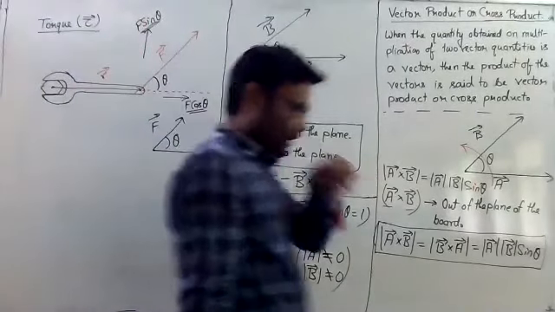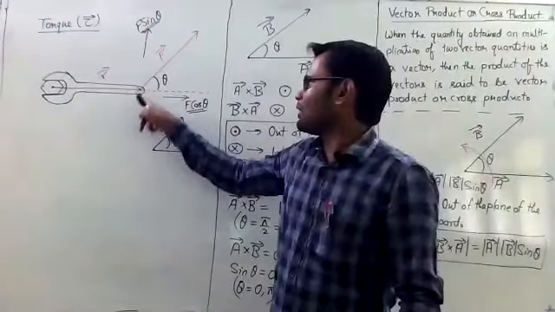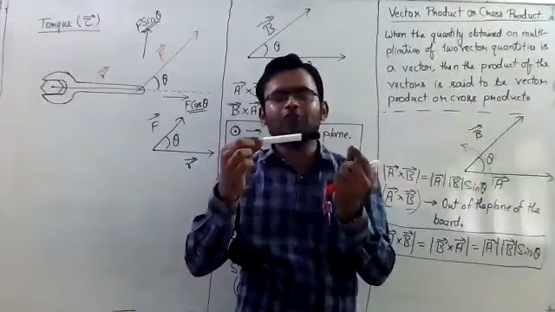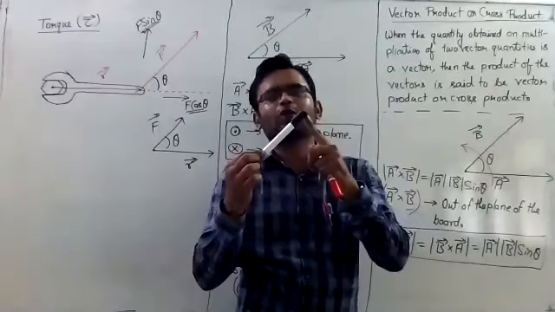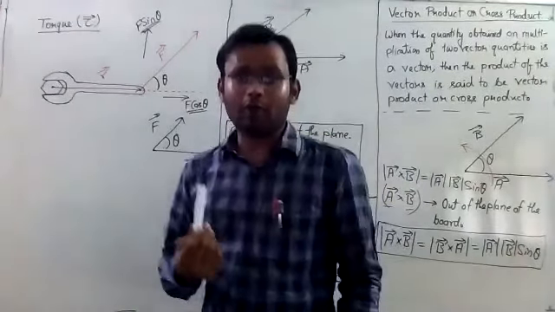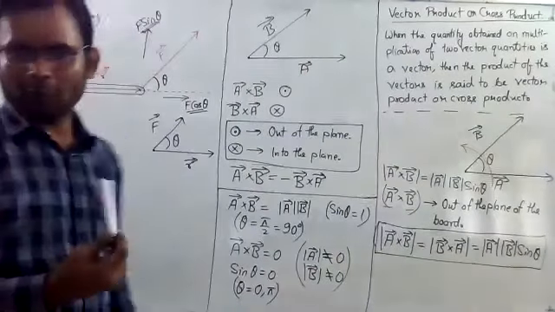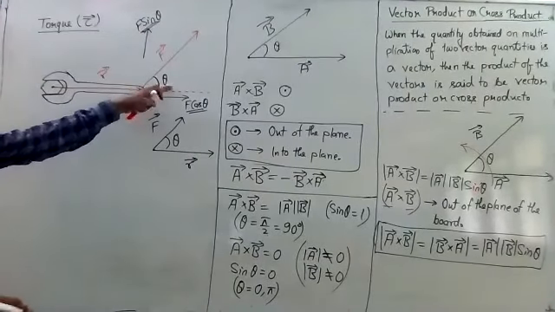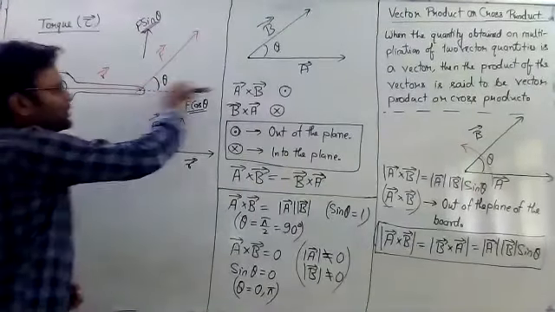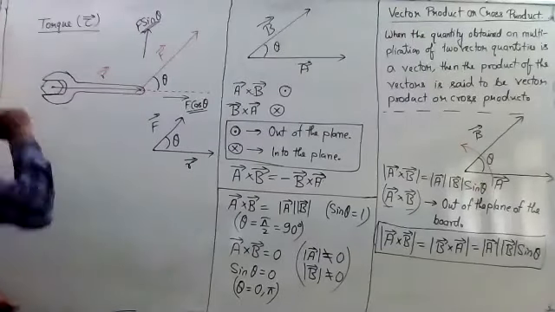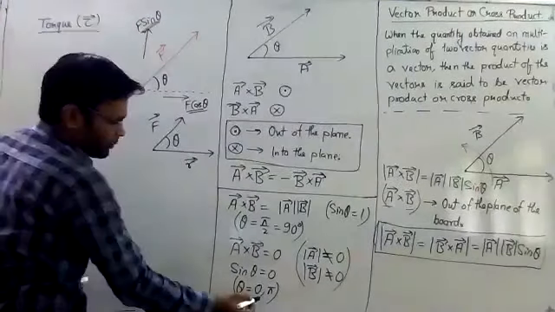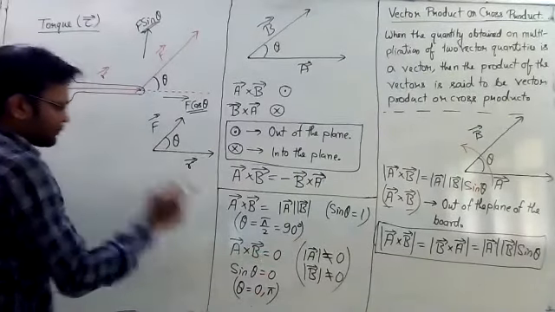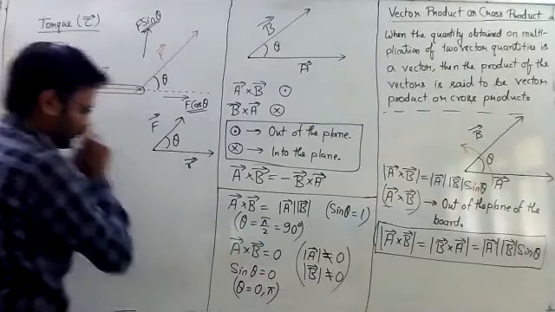Okay, I will get a turning effect or the moment of the force only when the force is either vertically upward or vertically downward. So basically, this is the radius vector and the force should be perpendicular to the radius vector. Then only am I getting torque. A non-zero value of torque we get only when the angle between them is not zero. If I apply a force in this direction or in this direction, then I will get zero torque. So theta should be 0 or pi if you want the cross product to be 0. And if you want the cross product to be maximum, we have to take the pi by 2 component.